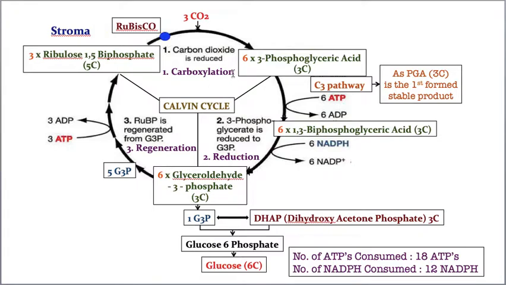What are they? The first one is called carboxylation, so this is step 1, and step 2 is reduction, and the last step, the third step, is regeneration. So these are the three main steps of the Calvin cycle. Now let us take step number 1, which is called carboxylation or carbon fixation. You write anything, don't worry, the meaning is the same.